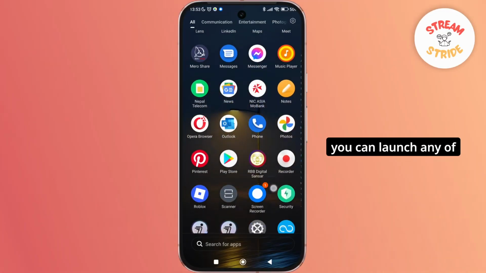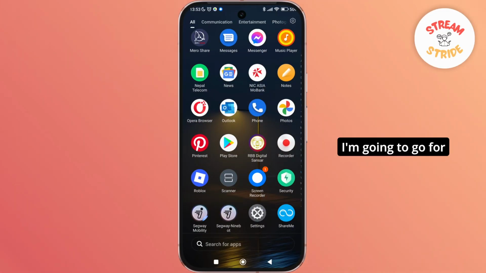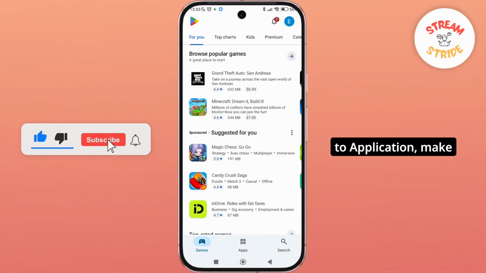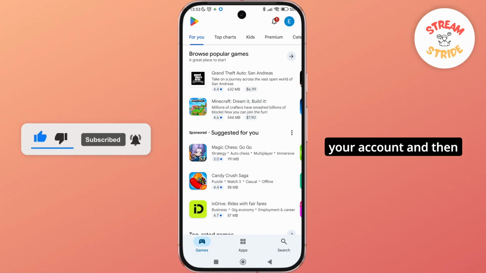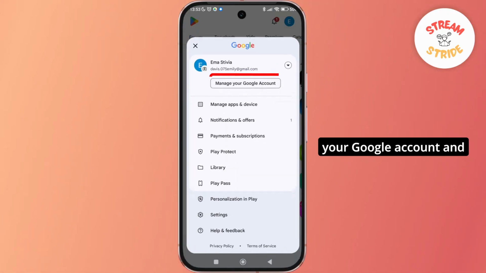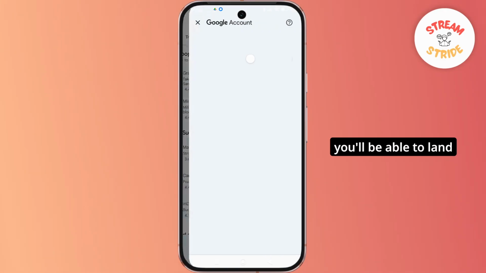Now for this process, you can launch any of your Google services. I'm going to go for the Play Store application, and as you tap on it, make sure you're logged into your account and then simply tap on the profile at the top right corner of the screen. Now select Manage your Google account, and as you tap on it, you'll land on a